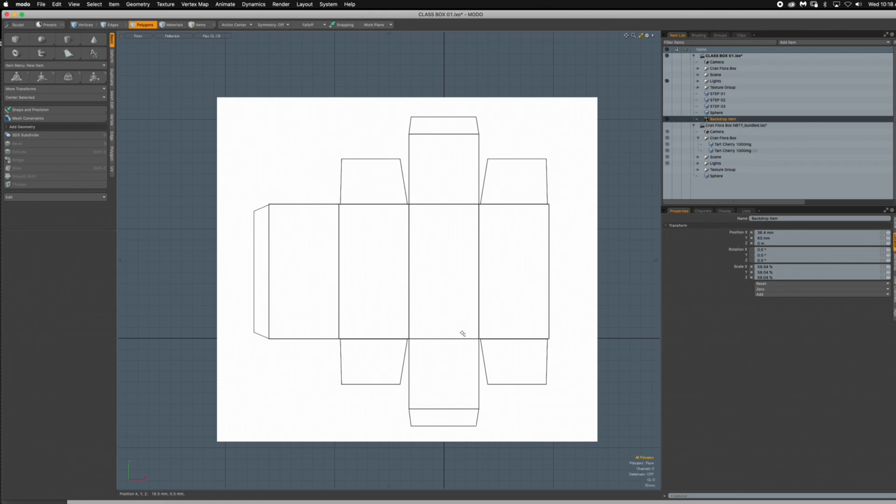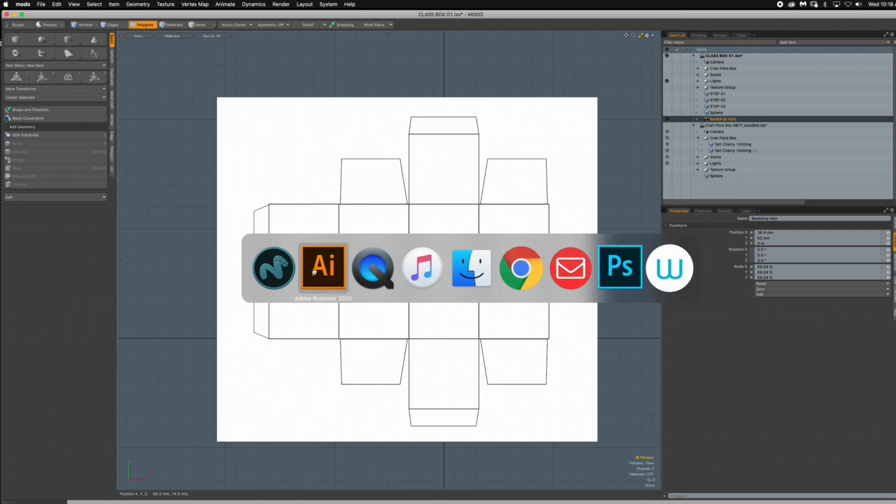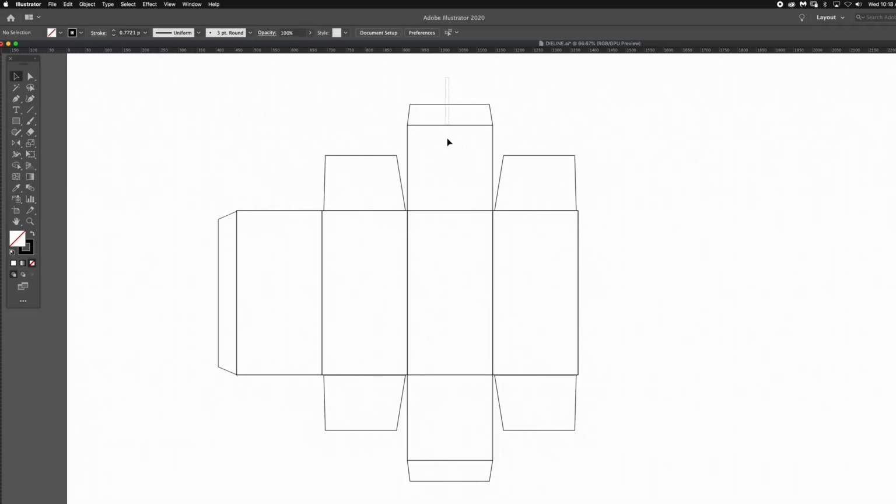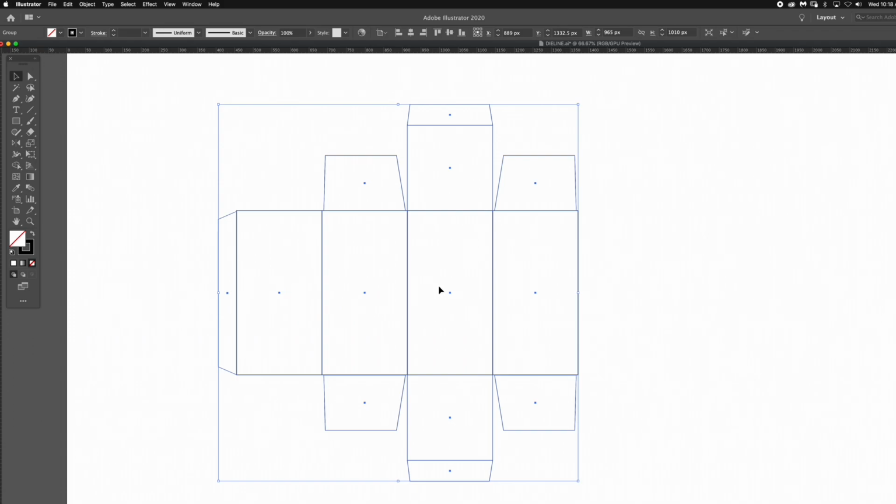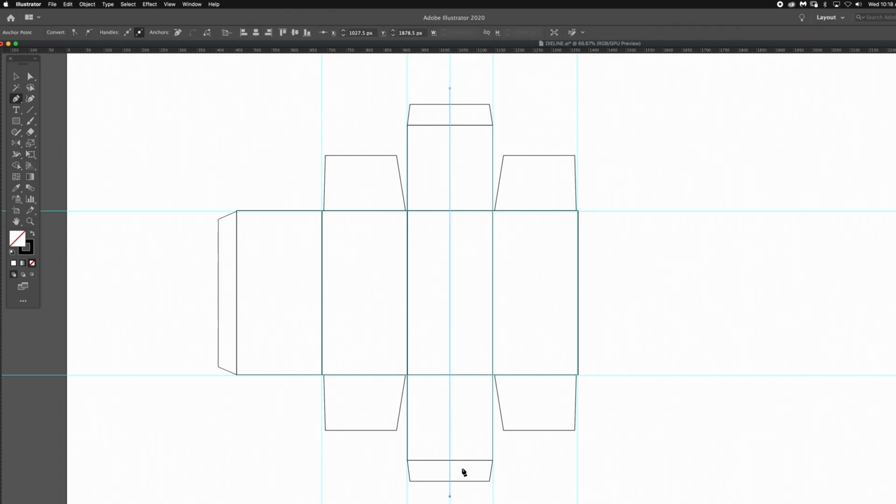The one thing I didn't do, which I should do for you guys, is we want to make sure that we find the middle, the center of this. So you see you have a die line here, and I should have put that on the actual drawing earlier. You need to have some sort of guidance so that you know where the middle is, because that's going to be important when you drop this image in. See, so you have the middle, and basically